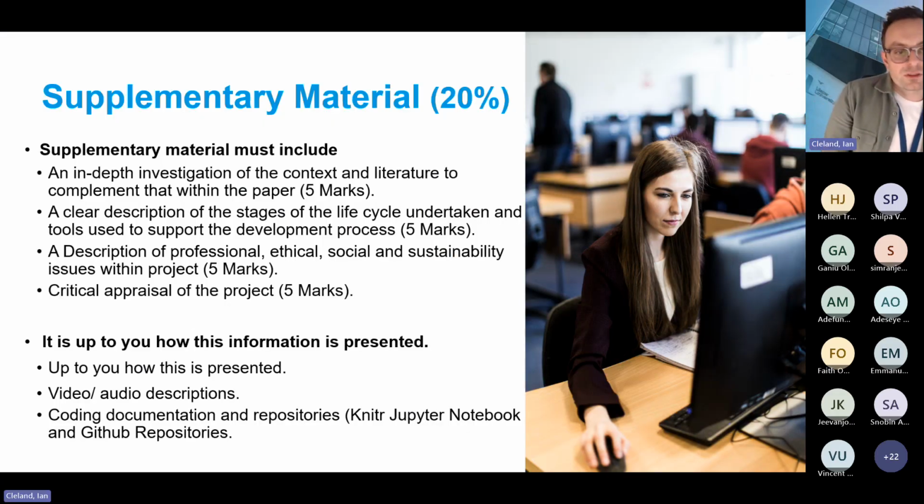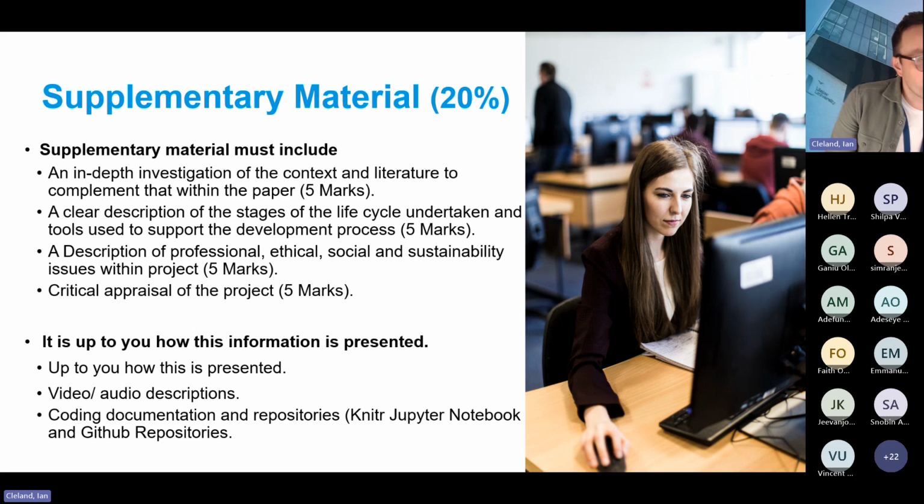So the supporting or supplementary material then, as I mentioned, this is really a place for you to put other things that don't maybe fit inside that very focused research paper. And we are looking for 4 main areas here. So we're looking for a more in-depth literature review about the context of the research. So that could be, somebody mentioned the SDGs there earlier. This could be something that's a bit more in detail about why this is a big problem, what others have done to try to address it. Or it could be a literature review on specific techniques that you want to use.